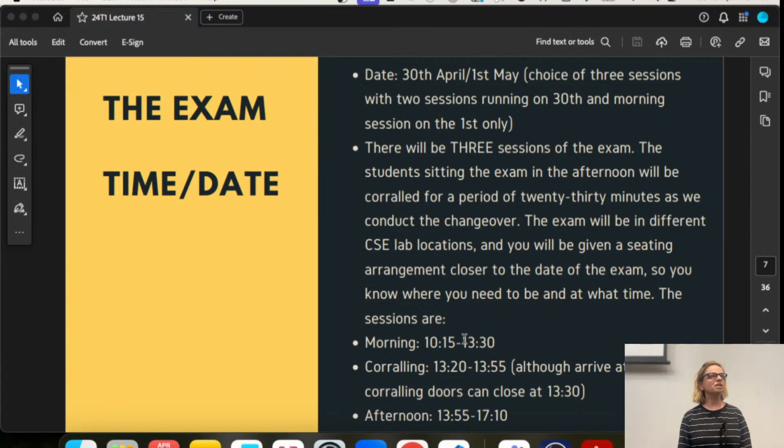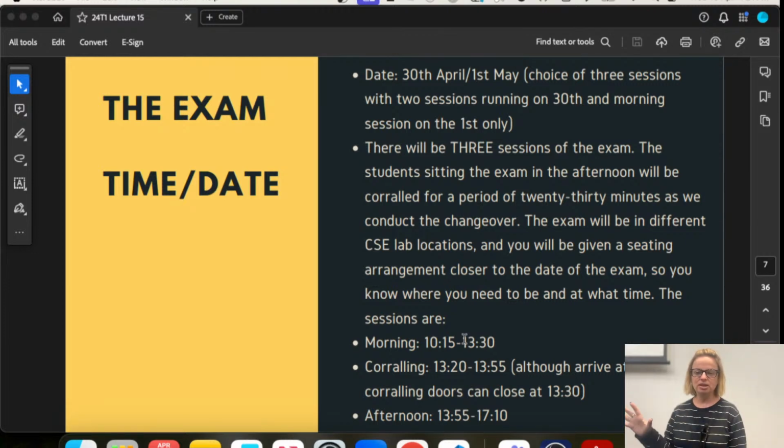For those of you that have a clash with another exam, you would be automatically put into the session that does not have a clash. For those of you that have a maths exam, the maths exam also has many sessions which they do not put on the timetable, and so you are able to also choose a session that doesn't clash with our exam.